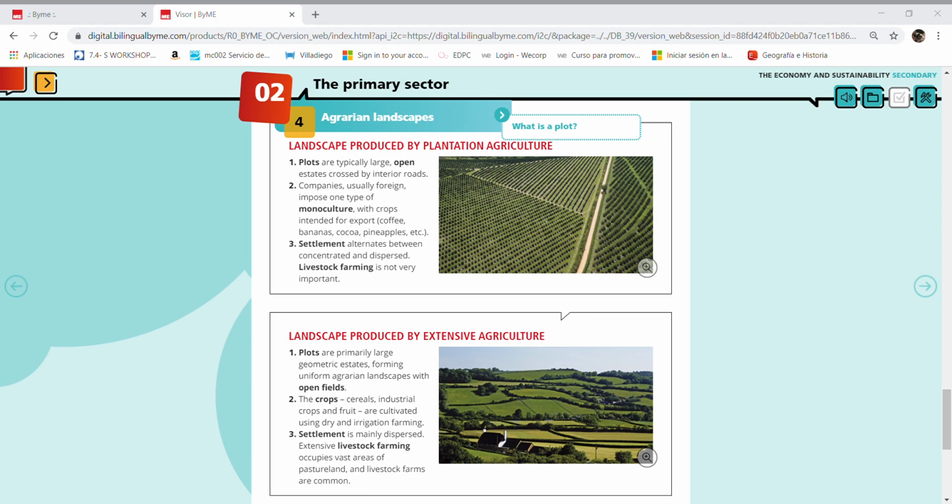This type of plantation happens in areas, for example, in Africa, but the crop is always sold to Europe or the United States, Canada. Human settlements here are dispersed or concentrated, and livestock farming is not relevant. So next one is the landscape produced by extensive agriculture, where we have large estates in general, and they're mainly regular and open. The type of crops is very